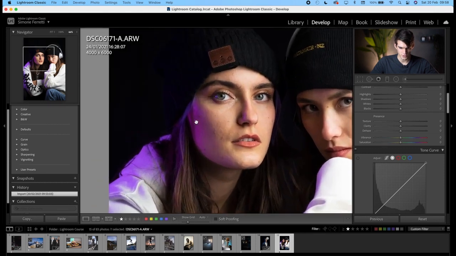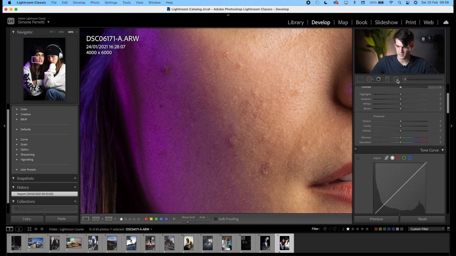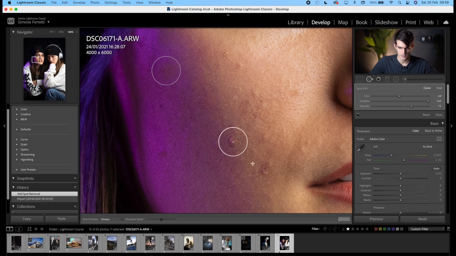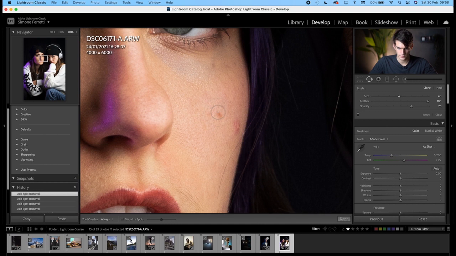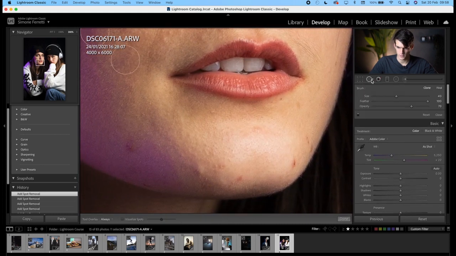First thing that I want to do is to check the skin. So I want to try to remove at least the biggest pimples here. So I go in spot removal, much smaller, like so. Okay, click, nice, nice, nice, nice. Now you can keep going, just I don't want to waste too much time. Let's just go on the other part. Yep, gone, it's perfect, all done. Can remove this. Okay,